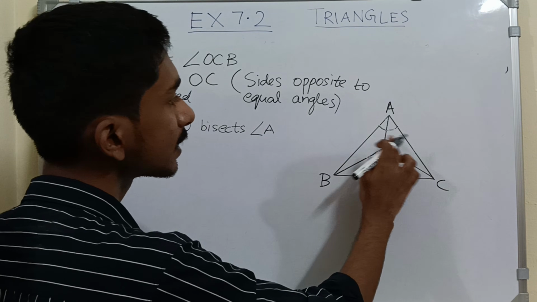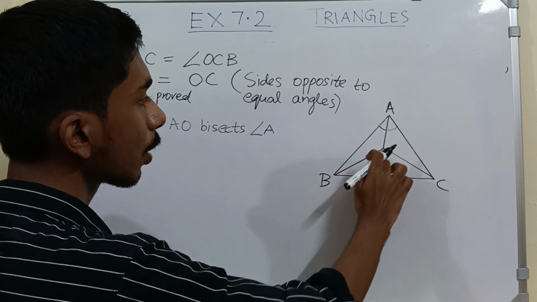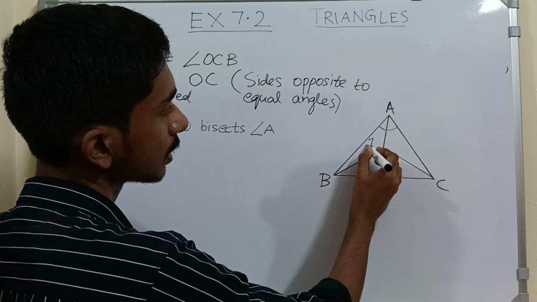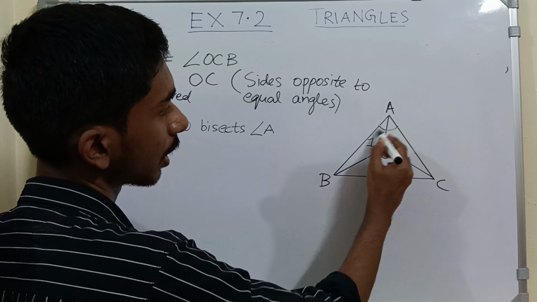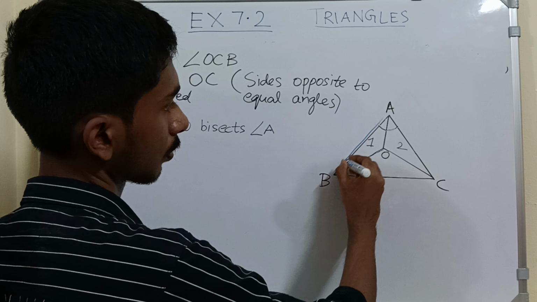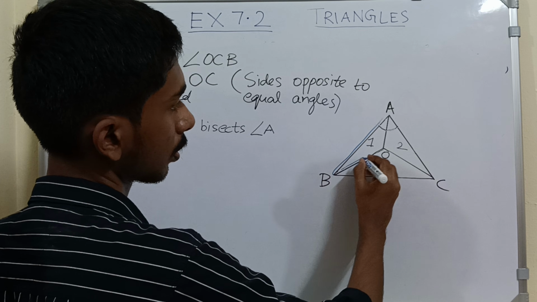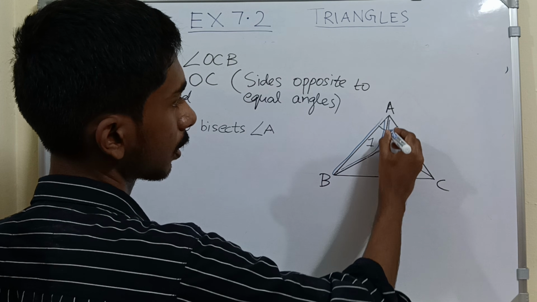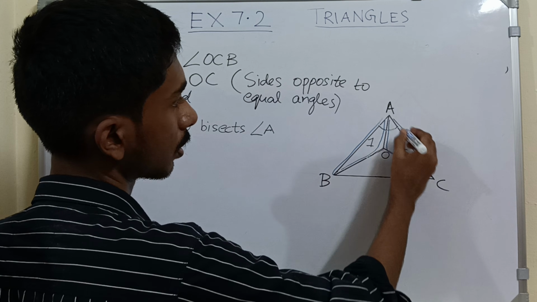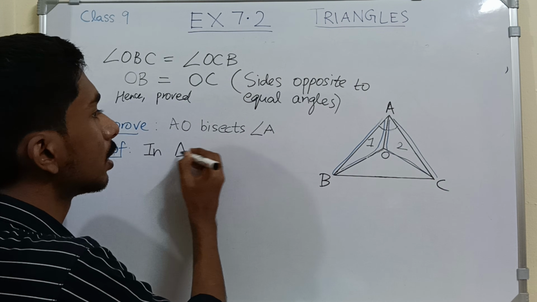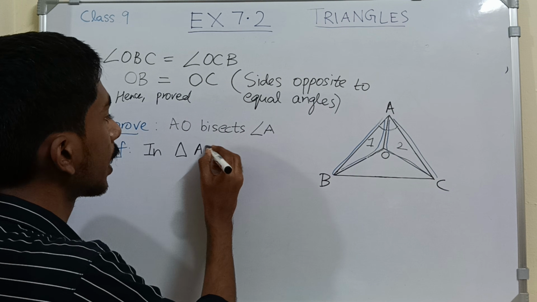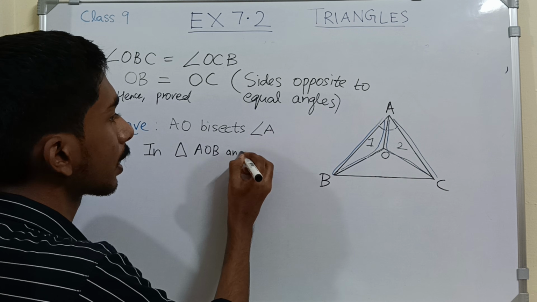So we will take these two triangles, triangle AOB and triangle AOC. This triangle and this triangle. So in triangle AOB and triangle AOC,